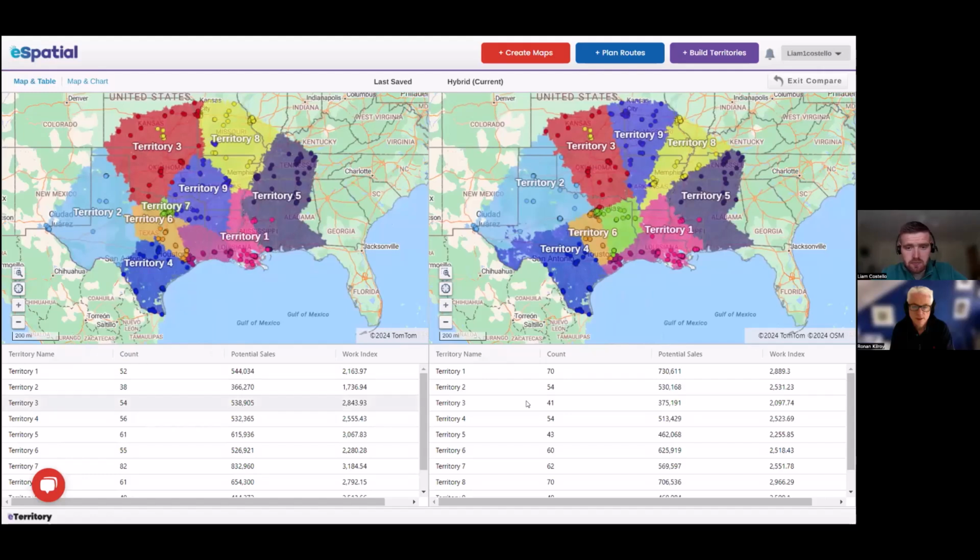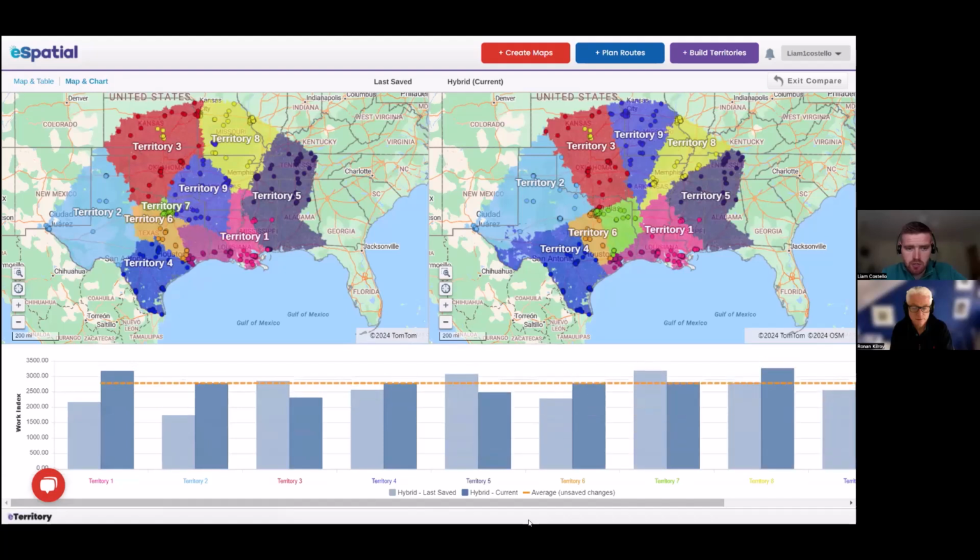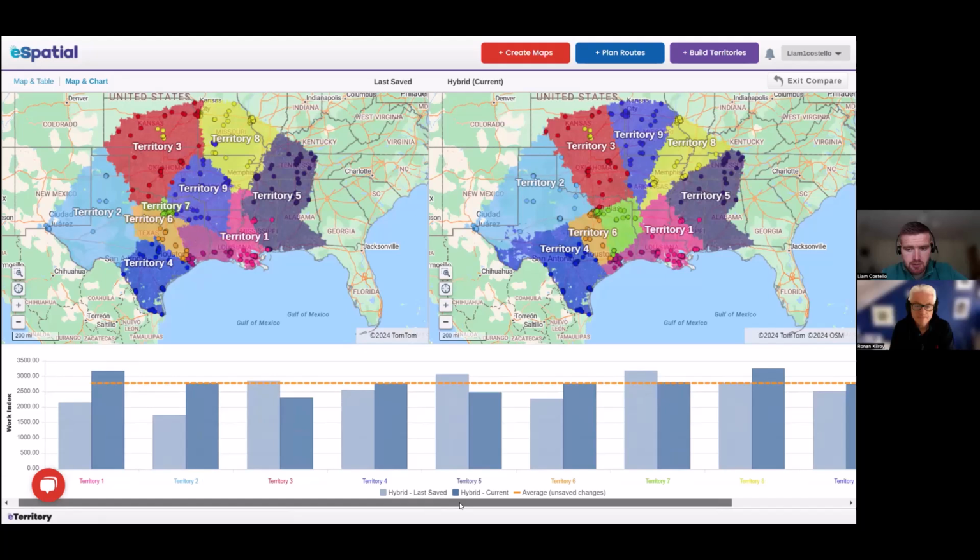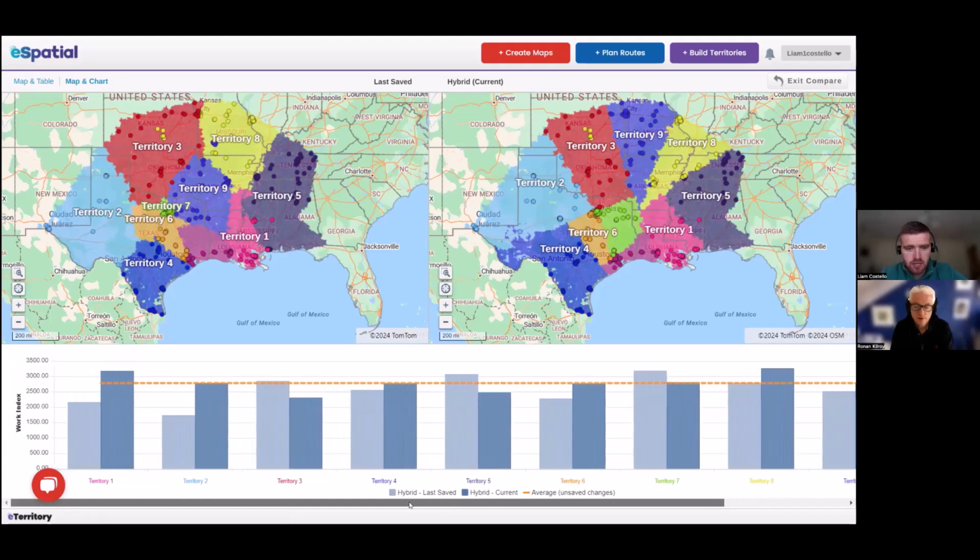Okay. So what I'm seeing visually is, for example, territory 6 is now bigger. So on the left-hand side is what it was originally like, and on the right is what it is now like. And these numbers give me an indication of what's changed, is it? Yep. So it's a nice tabular output showing you the before and after. We can also get a loss gain report based off workload. So you can see the light blue bar was the workload prior, and the dark blue bar is what it is now.